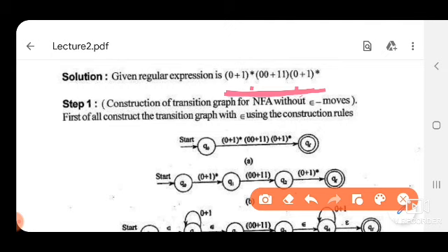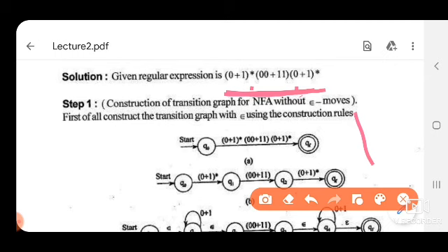So, first we have to convert this expression into an NFA with null, then from the NFA with null we have to eliminate null transitions, then after eliminating null transitions we have to convert to a DFA, and then finally minimize the DFA.